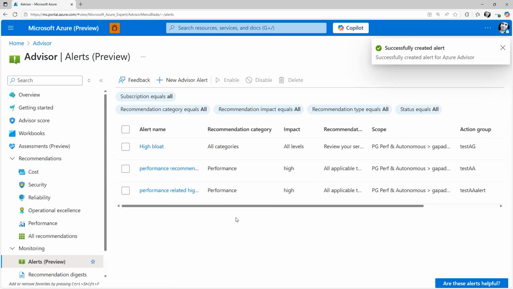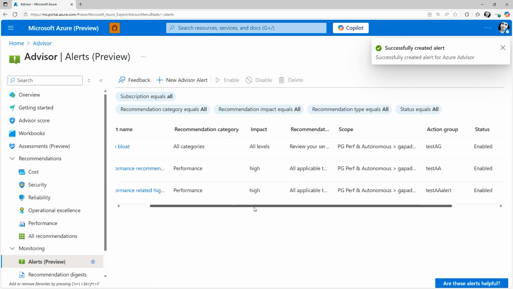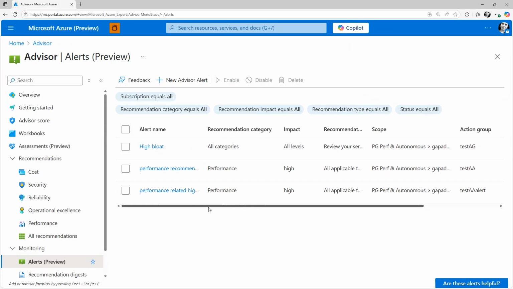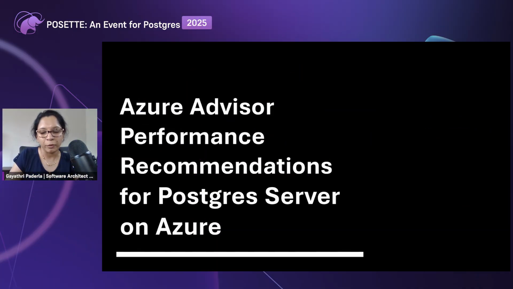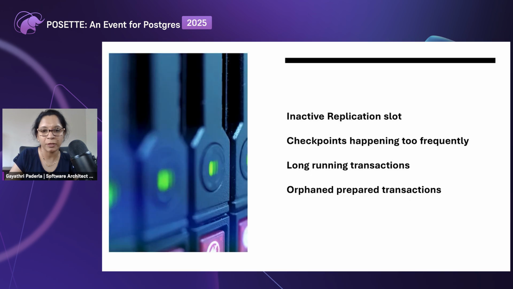Once you're done with it, you will be informed proactively through your email or phone about the recommendations for the servers which fall into that category. Moving on, Azure Advisor performance recommendations on Azure Database for PostgreSQL Server: we have recommendations set up